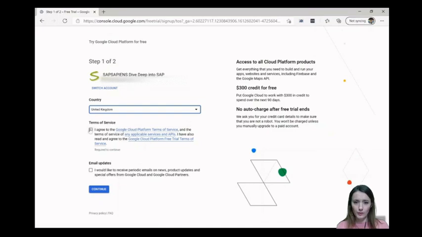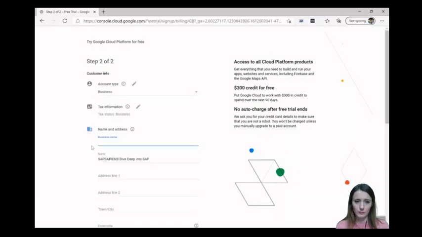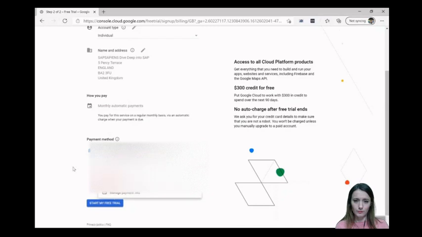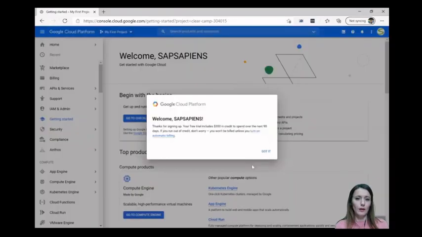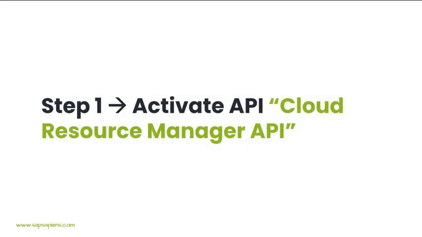And you will need to enter your country and accept the terms and conditions. Here you will need to create the details for the billing card also. And that will be the billing account that we will need later.